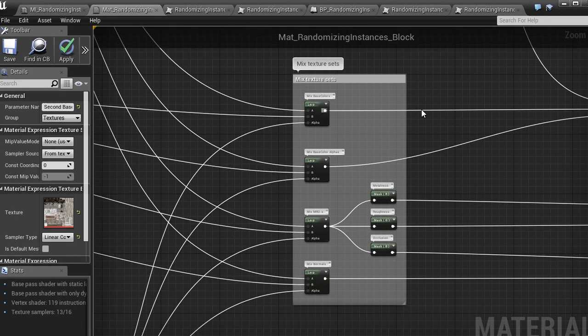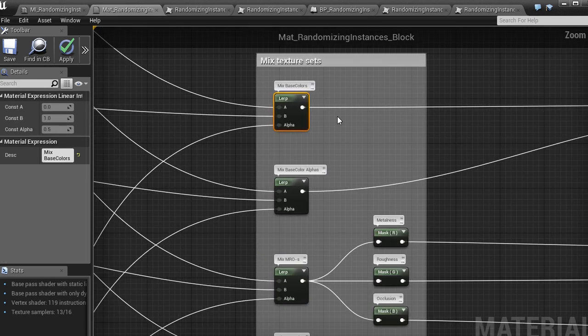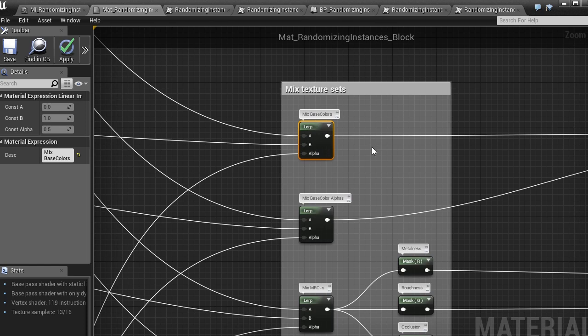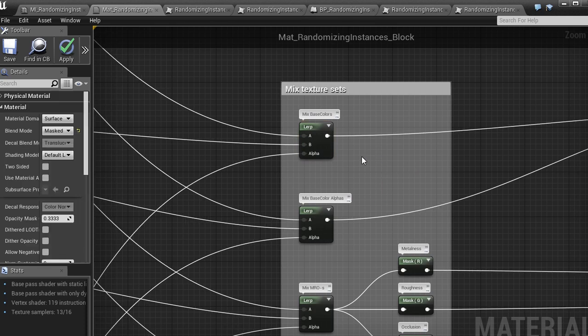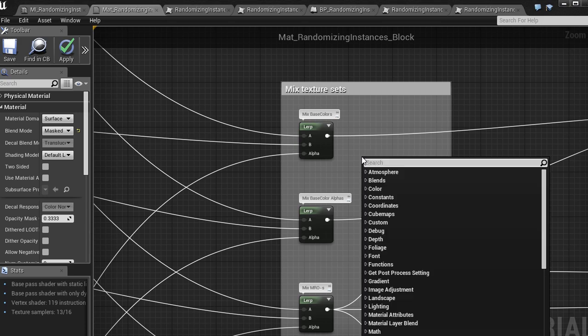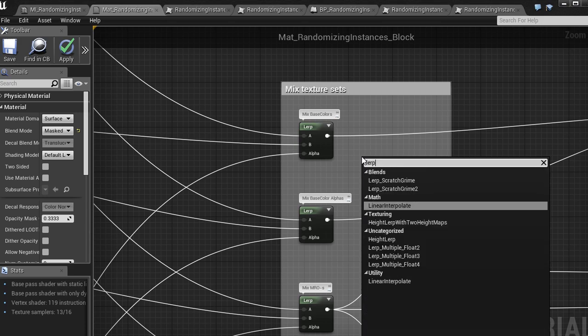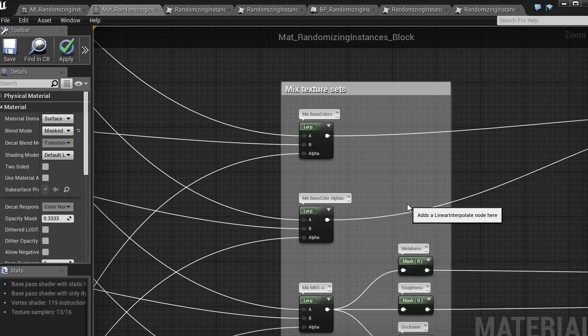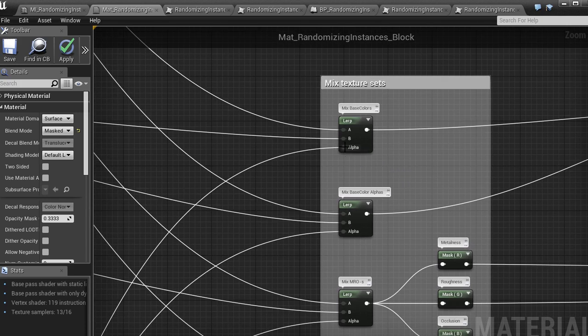Here's the mixing of the textures. So the linear interpolate node, the shortcut is L and click, or right click and search linear interpolate. It mixes between two textures or two colors, with the alpha being used as the factor of the mixing.